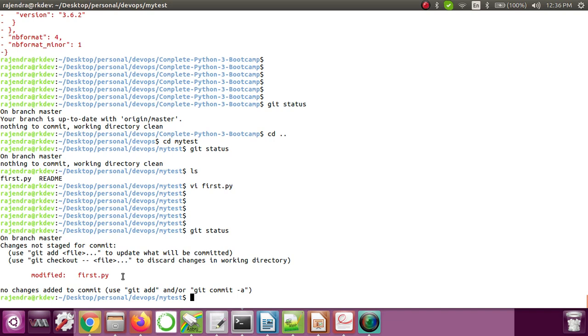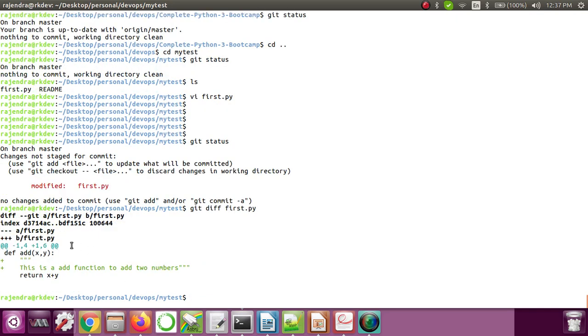So what changes happened? We know that if you want to see the changes between the local repository and the remote repository, we have the git diff command. So let's see with that: git diff first.py. Here I'm not giving two parameters. The first is our local repository file, and the second parameter, if we don't provide it, will be taken from the remote repository. So let me run this.